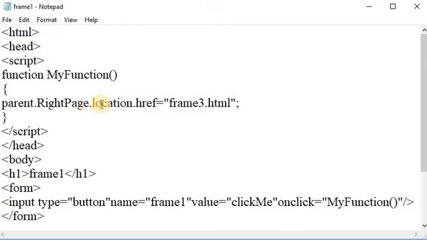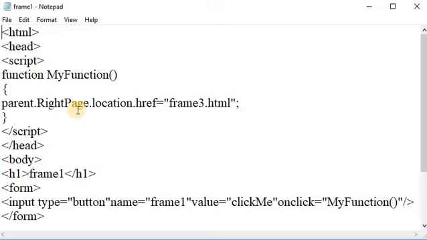Thus, assigning a value to parent.rightpage.location.href will change the web page of the second frame, and the statement parent.rightpage.location.href equal to frame3.html is used to change the web page of the frame.